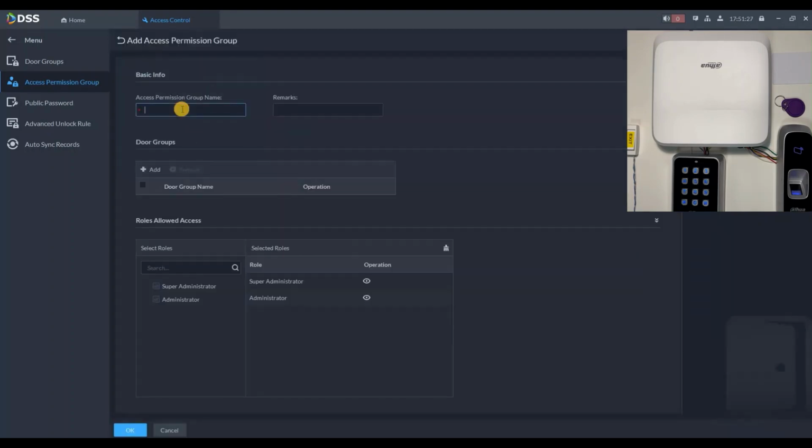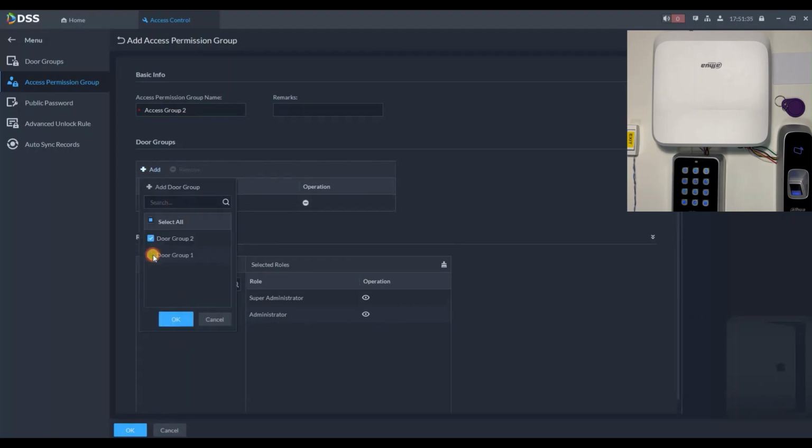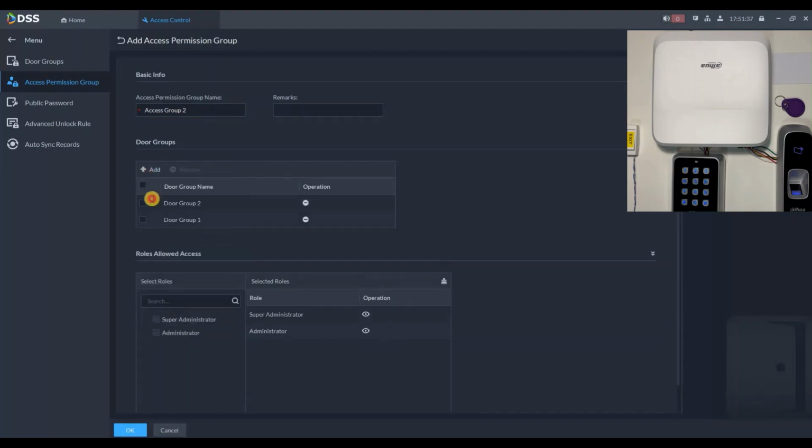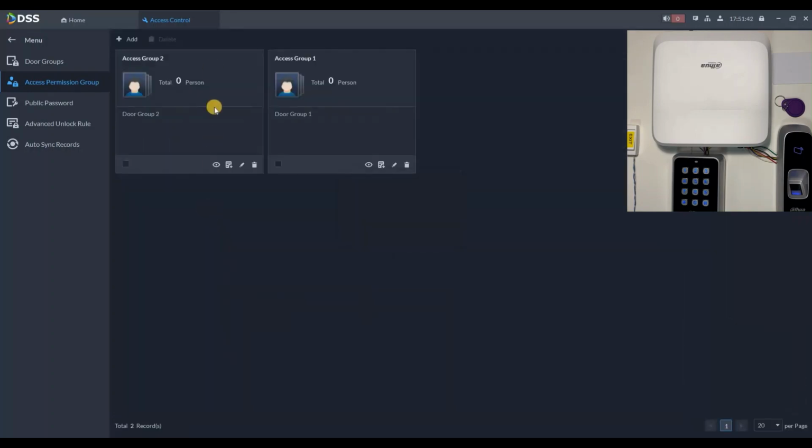Now we can add another group, access group 2, and we will add two door groups to this group. We can also choose another group or just one group, click OK, and now we have 0 persons in both